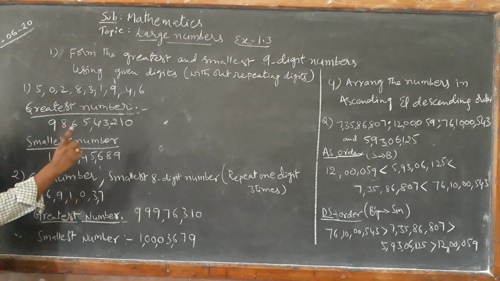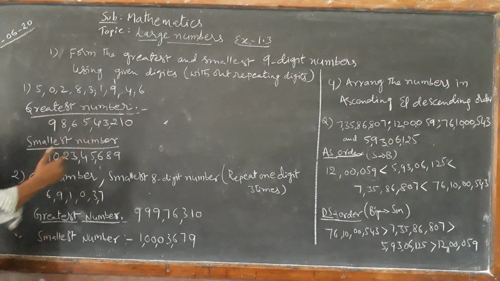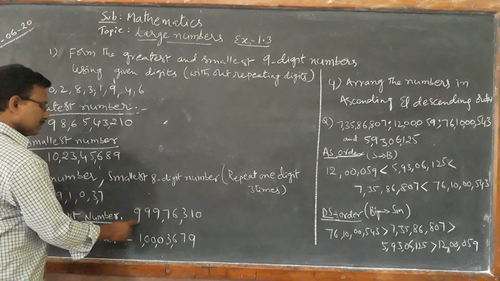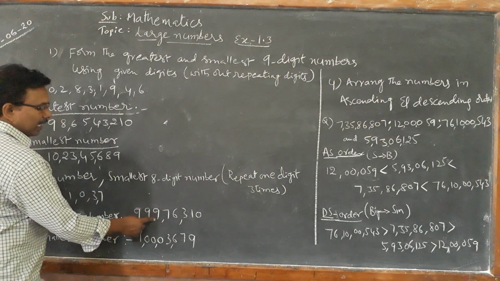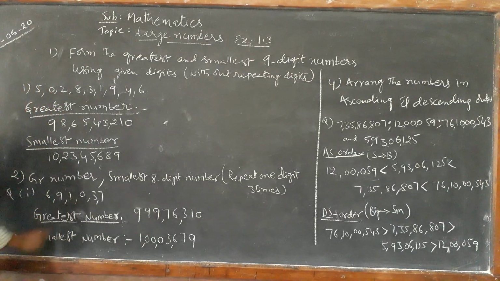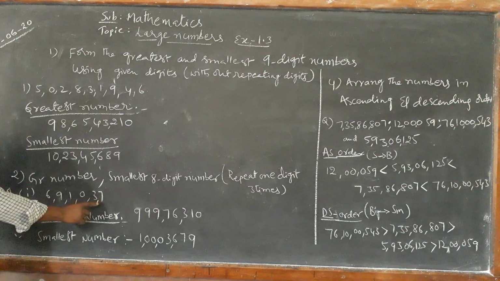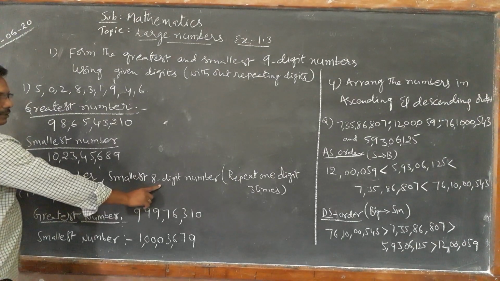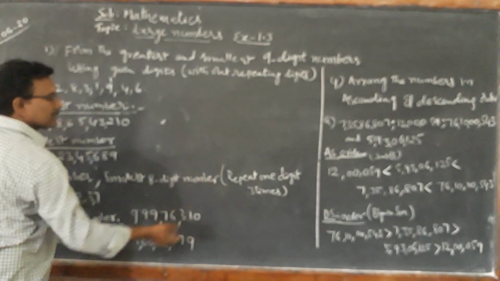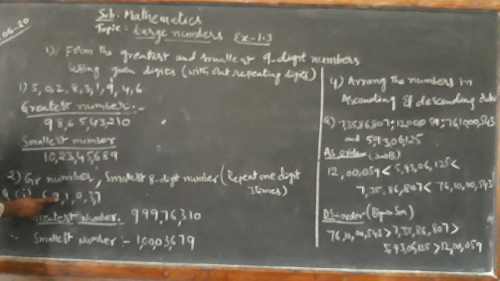Out of these, any one digit can repeat 3 times. So what did we repeat to get the big number? 9 is repeated 3 times. So then the number we get is 9 crore 99 lakhs 76,310 by using the digits. But actually there are 6 only. But 8 is asked. To get 8, one condition is there: any one digit you can write 3 times. That one is 9, which I repeated 3 times to get a bigger number.